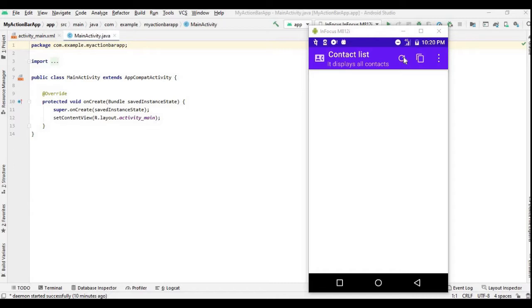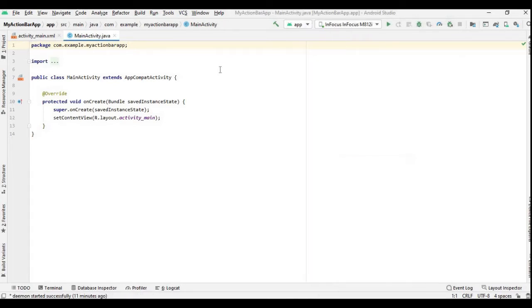So I will tell you how to add this icon, and also I have added two more items or options in this overflow list, that's download and print. So I will tell you how to add items or options in the overflow list also, and how to add such icons onto the action bar. After that, when I click on this refresh button or item, it shows a toast message, refresh selected. So I will tell you how to add the code for when users select one of the items.